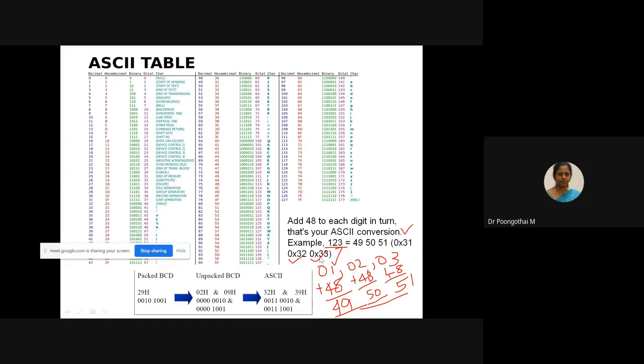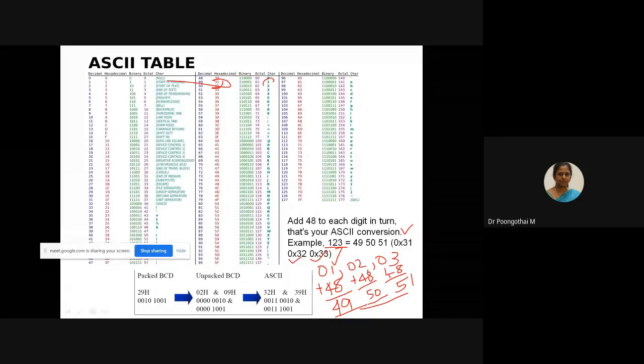So 31, 32, 33. Here, please look at 31, which is 1, then 32 is 2, and 33 is 3.